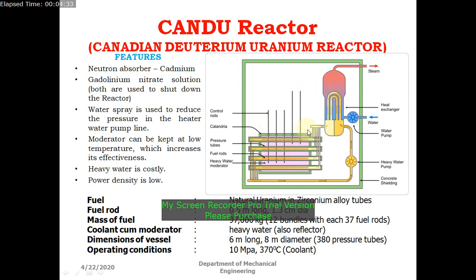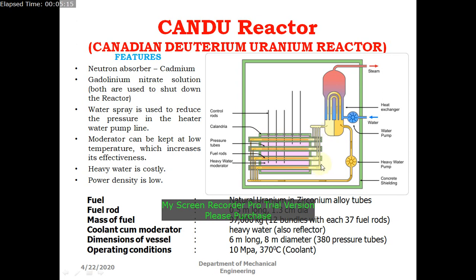This is the arrangement of the reactor core. Here we can see there are horizontal pipes. These pipes are called pressure pipes or pressure tubes. In these pressure tubes we can see light orange color pipes. These are indicated as fuel rods. So inside the pressure tubes there is a fuel rod, and these fuel rods are in general surrounded by the coolant, that is heavy water. The coolant is passing through the tube, getting the heat which was generated in the nuclear fission chain reaction, and it is coming out.